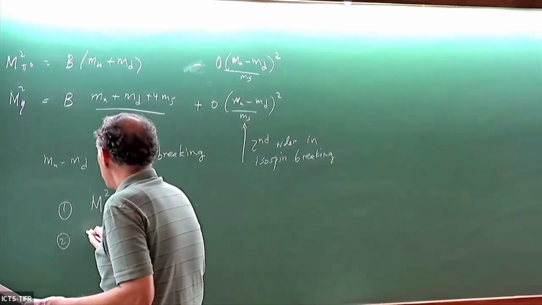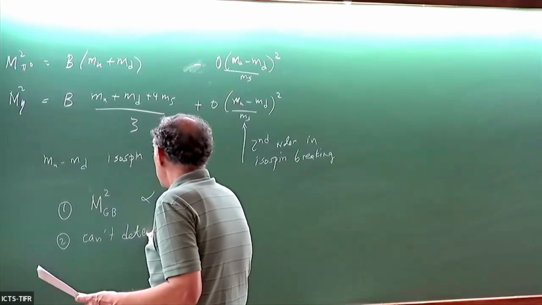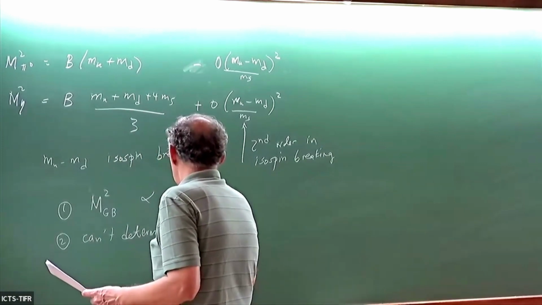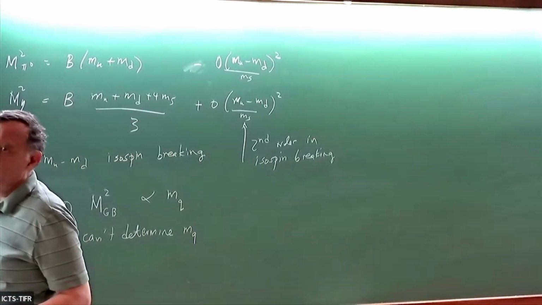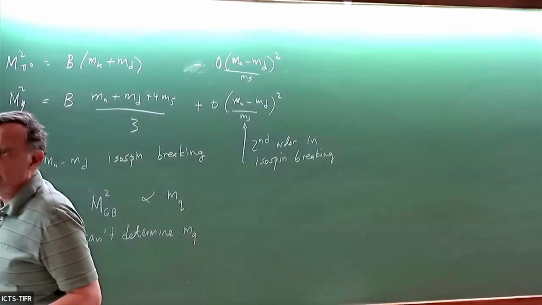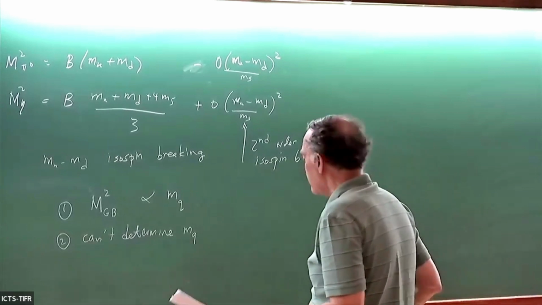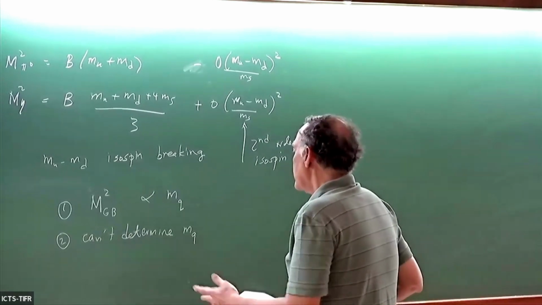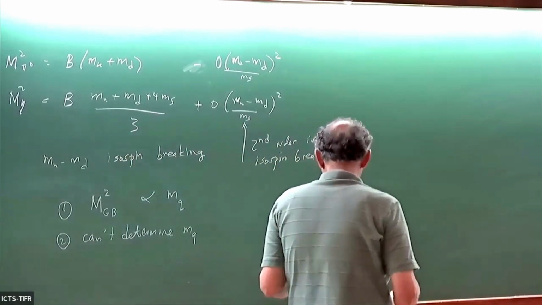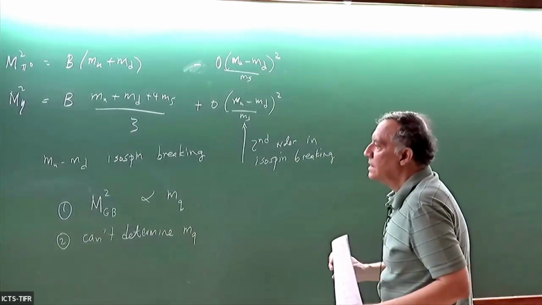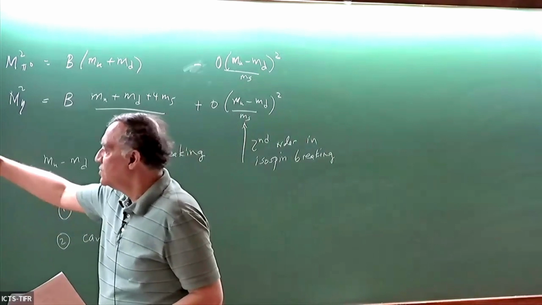Second, we cannot determine the overall scale. So experimentally, we know these meson masses, but everything has a b in front. So we can only determine b times the quark mass. So we don't know the absolute value of the quark masses from chiral perturbation theory. But we can get mass ratios. And so Weinberg did this. So I'll leave this as an exercise, but just, okay,